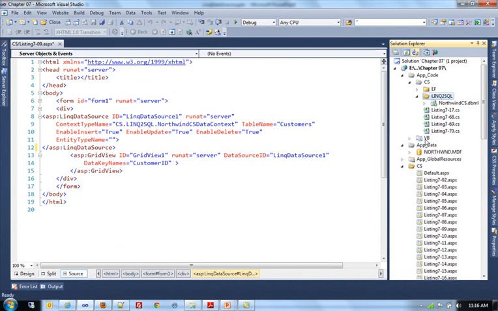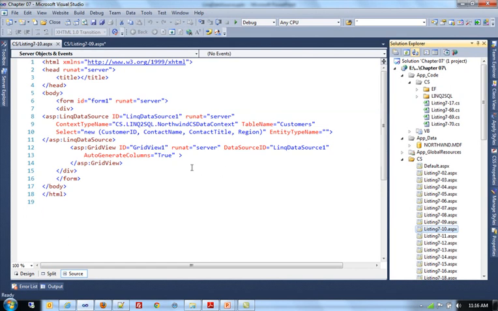And more on that when we get into chapter 9. If you were to choose the specific fields in the linked data source that you just saw, the wizard's going to add a select attribute, and we can see that in the example for 10. So in that wizard, had we chosen the actual fields, we would have gotten this select attribute or property as well, where we're creating a new select and we're getting the customer ID, contact name, contact title, and region